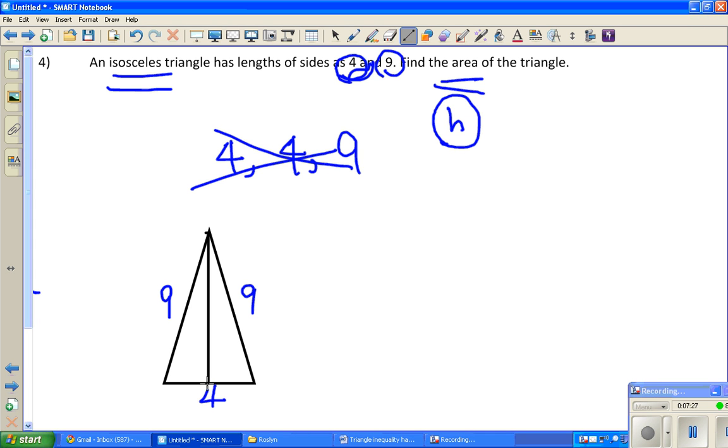the median is also an altitude, which gives us this small line segment will be 2, and this one is 9, and if we call this one as h, then we get to realize 2 squared plus h squared equals 9 squared. The famous Pythagorean Theorem. Then we get to realize that h squared will be equal to 81 because of 9